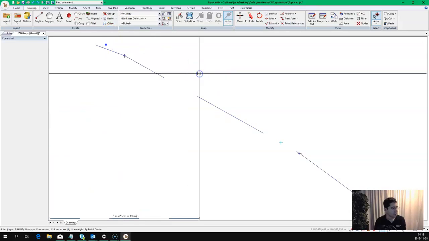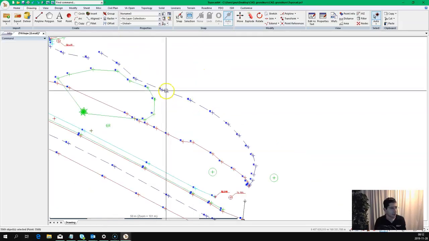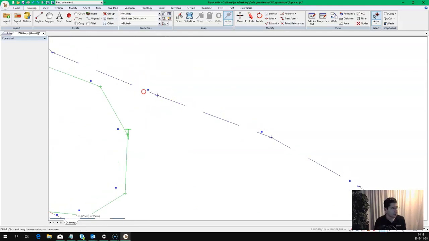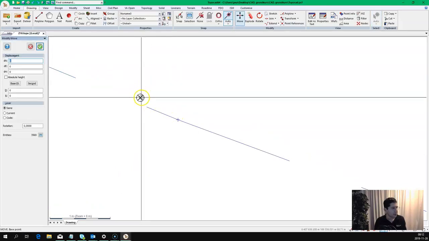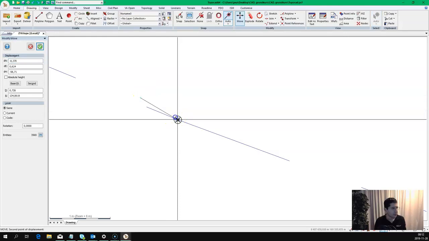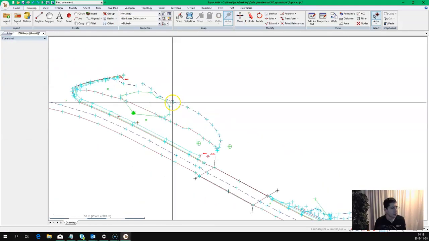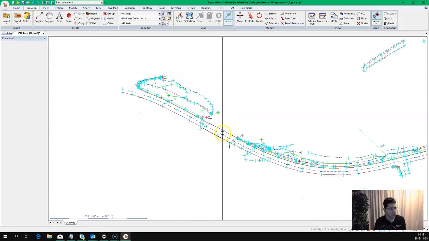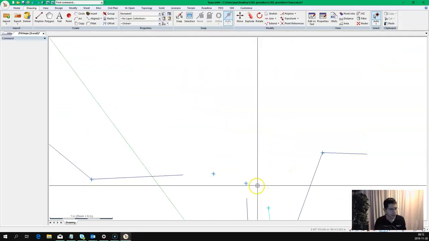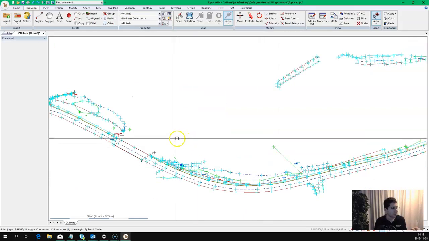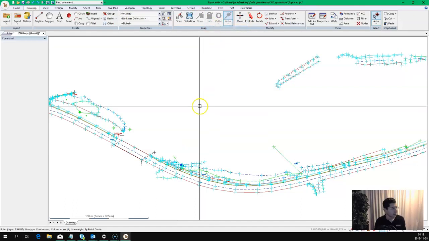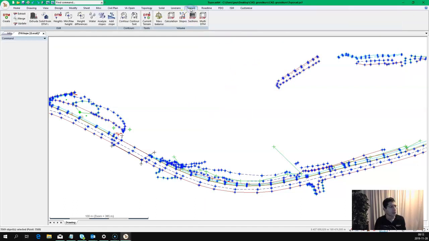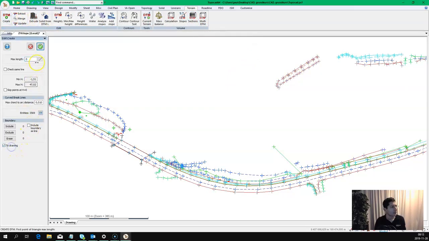Here we have the points. I will select all of them again, and as you see we didn't get the position quite right, so I will move them all at once to the correct spot, and next I will generate a DTM. Terrain, create DTM to the drawing,